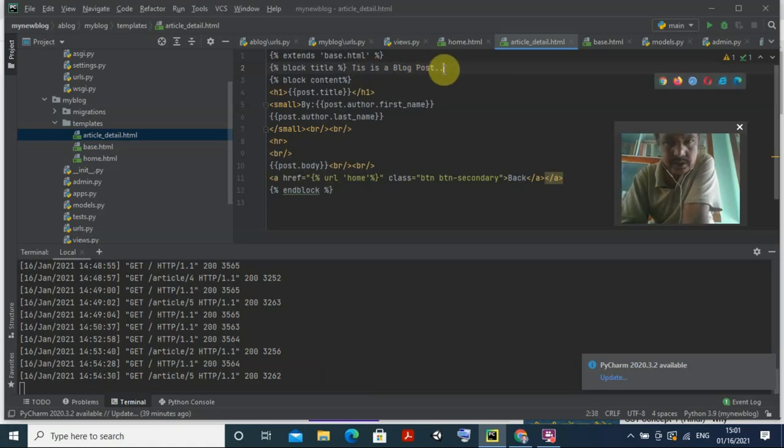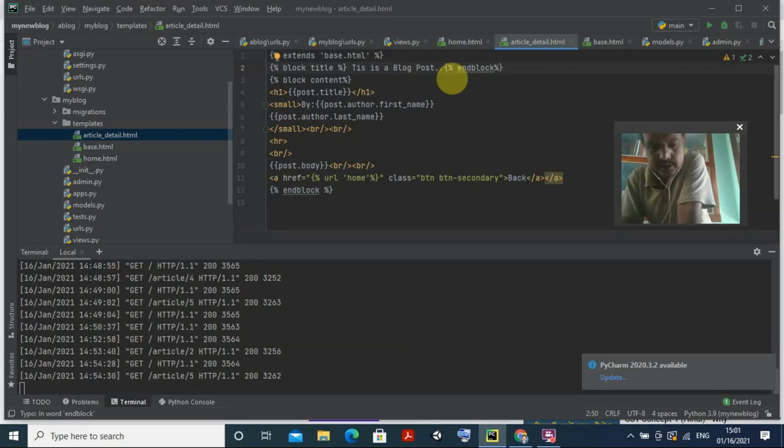Just put it here again like this, then you go for the end block. When you have done like this, just space it here. So up to this it is okay, and Control S, just save it here.